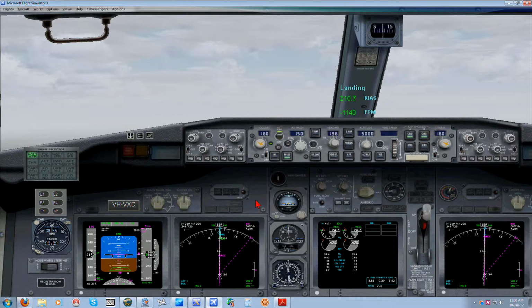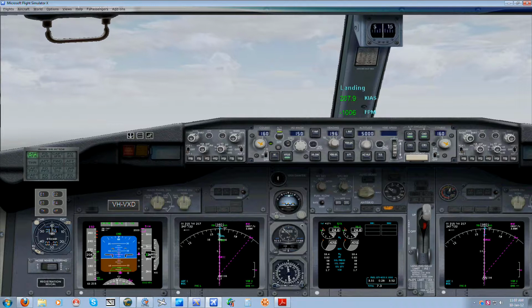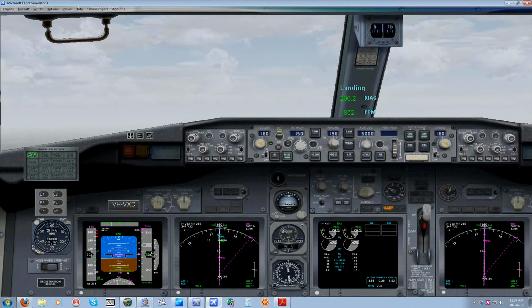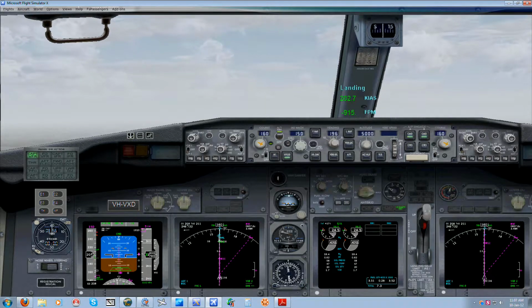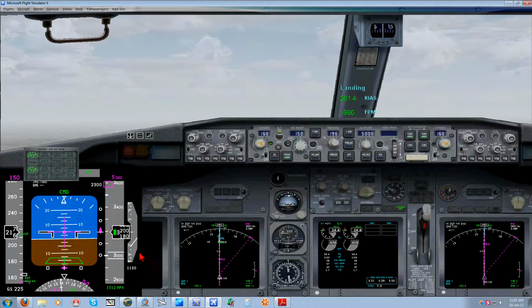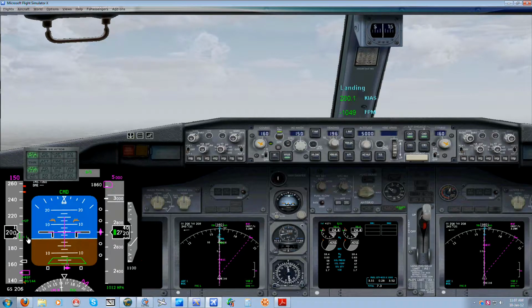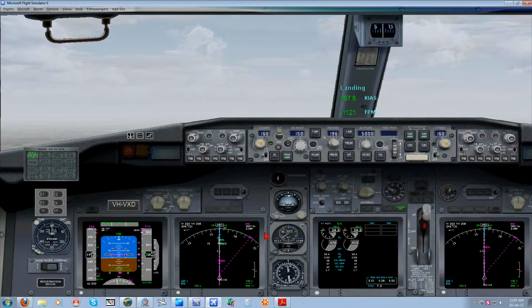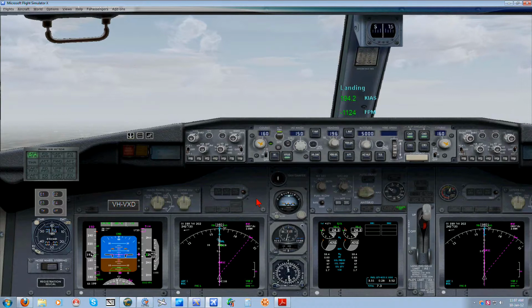gear extended. So basically, once you get to 210, you can put a stage of flap in, 1 degree flap. Just keep those spoilers on, just get the speed down to at least 180, and you'll find that the aircraft will maintain its descent rate. Even with the spoilers on, it will continue to maintain a fairly nice descent rate to maintain that glide slope. So we're coming down. Okay, so we can, 190,